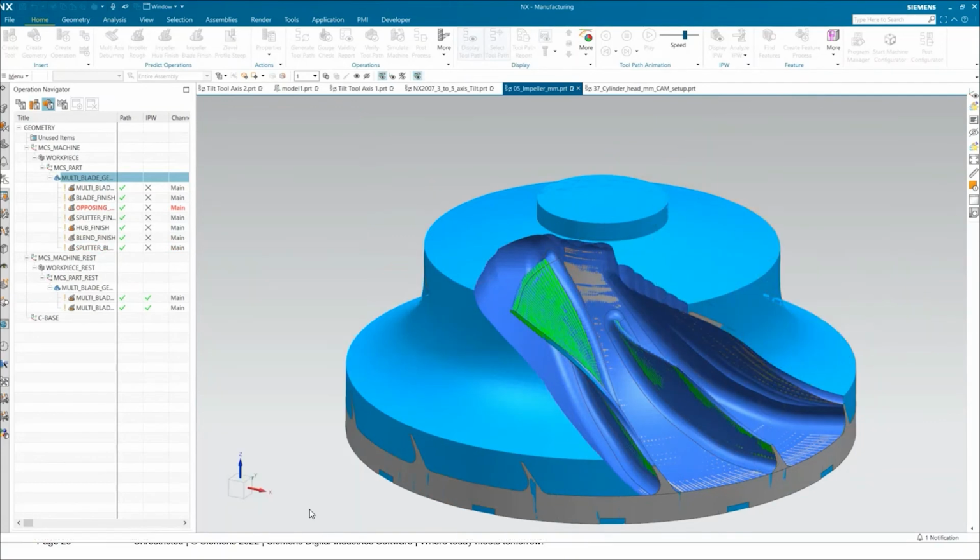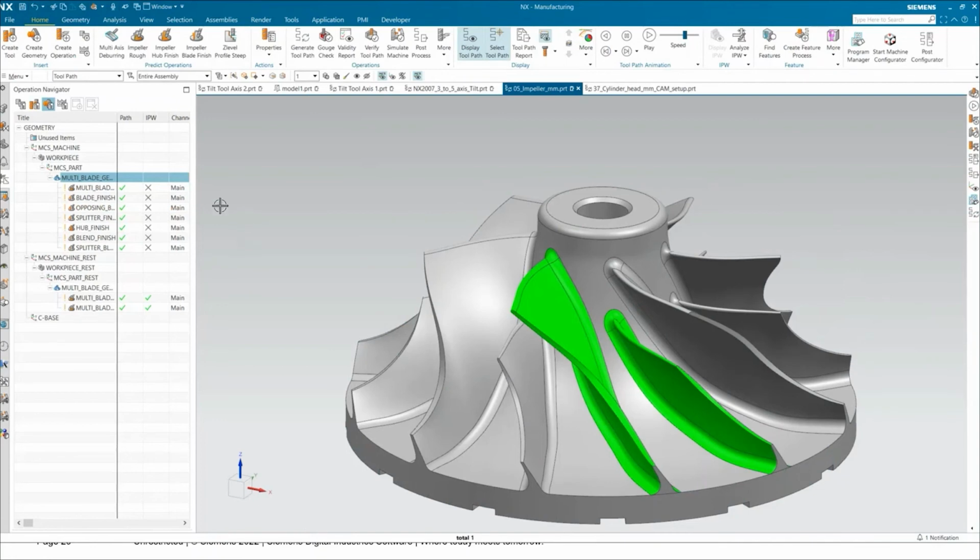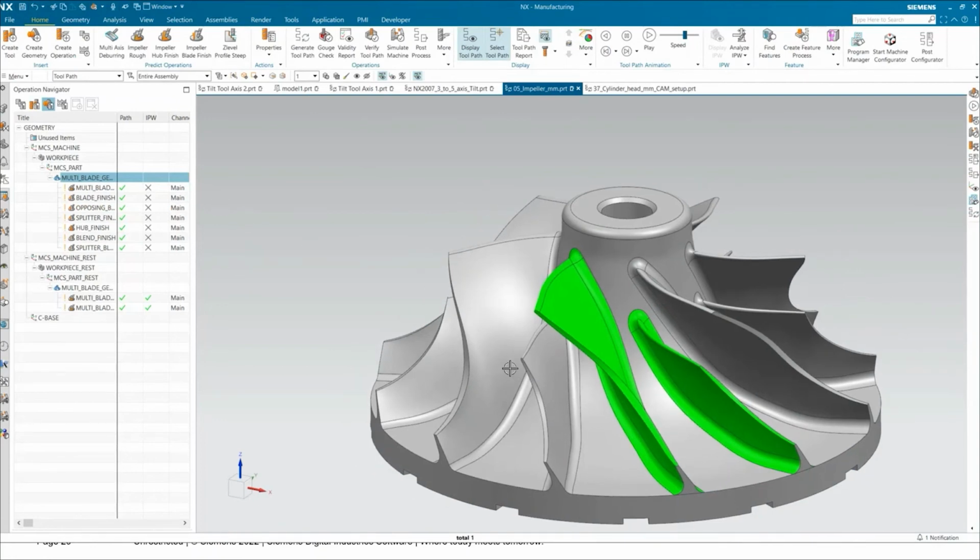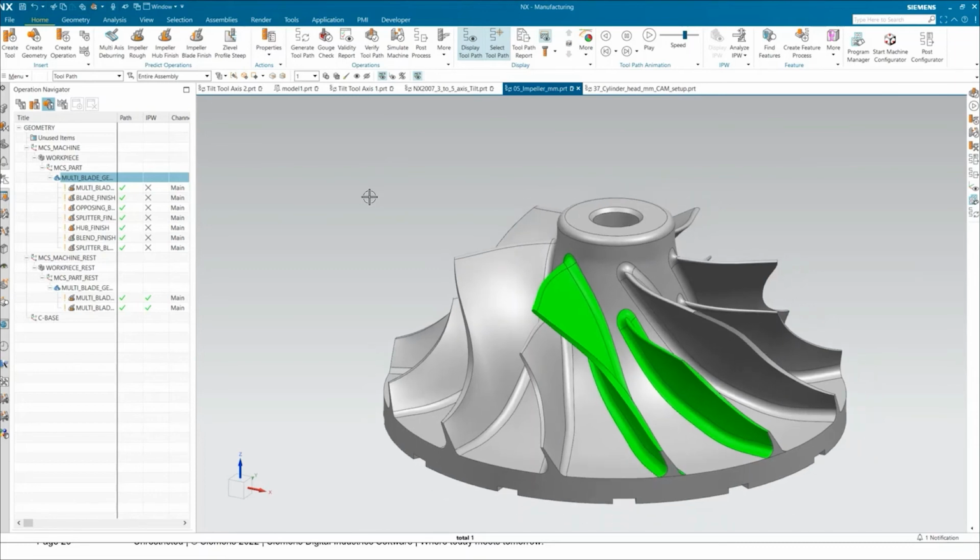I'm going to stop this. But I mean, you can see it runs through all those, and then it's simple enough to go instance the path so that you do the other 5 and put it in order, and then you're posting it. And so 10, 15 minutes, you can do a very complex part like this,